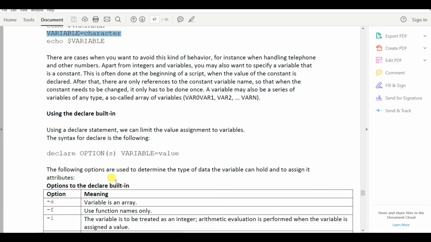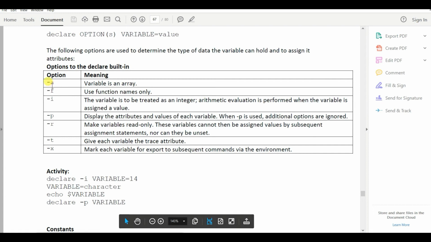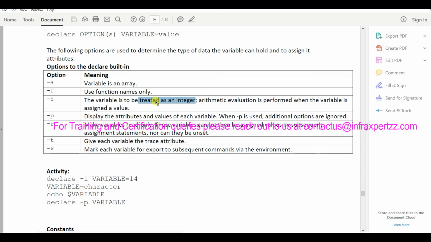If you want to make the variable as an array variable, or you want to use only function names, or to be treated as only integers, then you can take these declare built-in functions from here, and then you can go ahead. Like hyphen a is for variable is an array, hyphen i is for integer. Similarly, hyphen f is for function name. Likewise, we have these options.